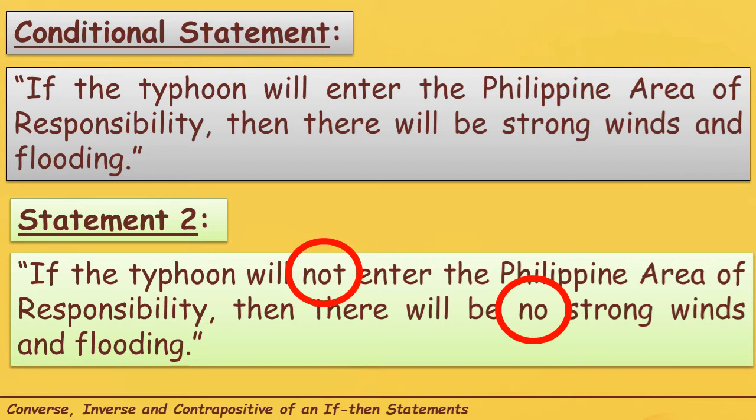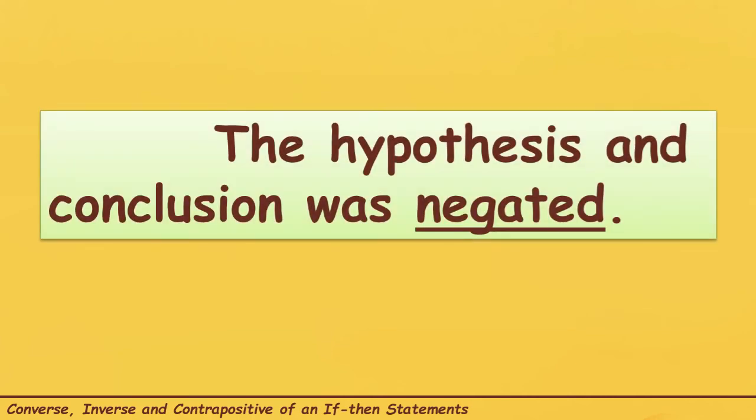Dito, ninegate natin yung conclusion. So, ibig sabihin yan, ang hypothesis at conclusion ay kinuha natin ang negation. The hypothesis and conclusion was negated. Ang tawag natin dito kapag ang hypothesis at conclusion ay kinuha natin ang negation, ito ay